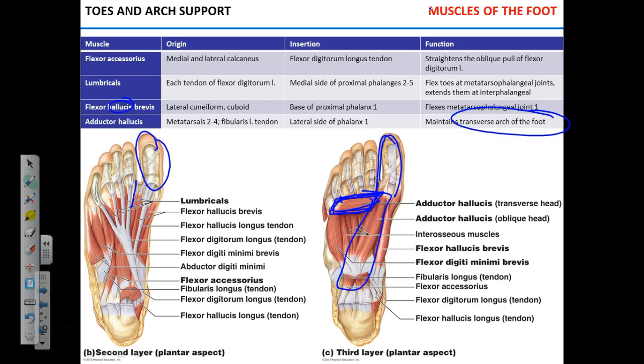Okay? So remember, those muscles, though small, can give you a lot of problems if you don't take care of them properly. Okay, now I'm going to